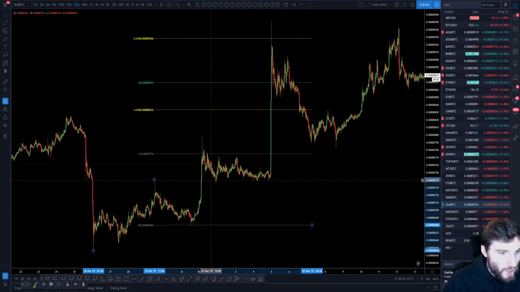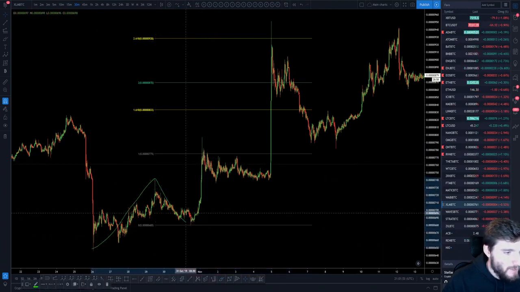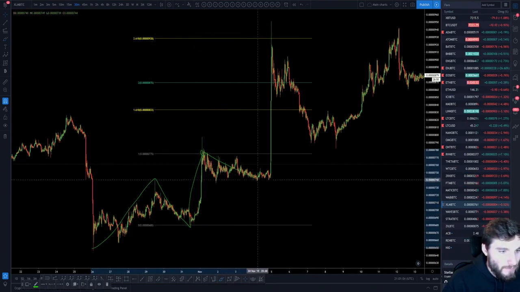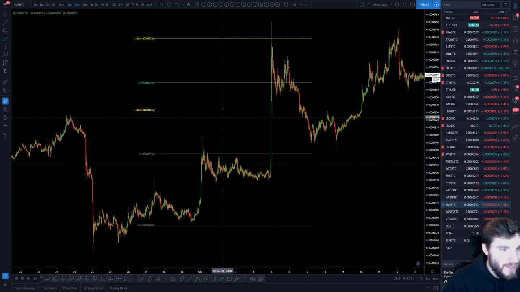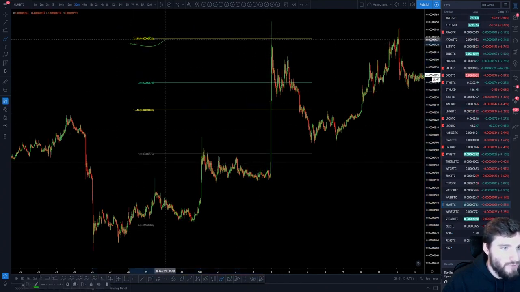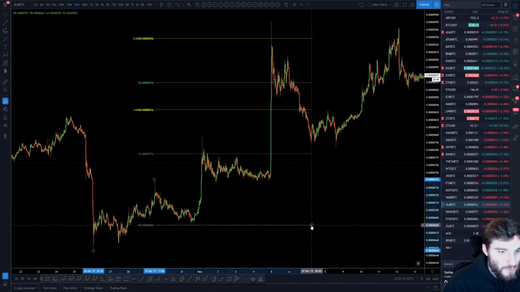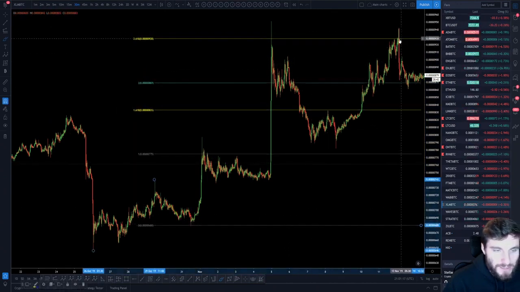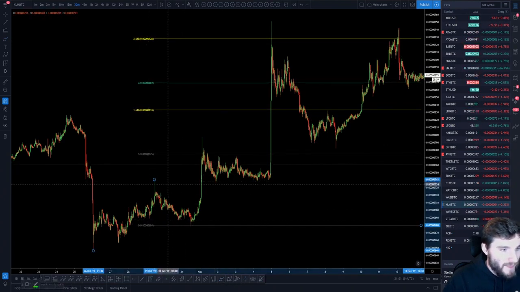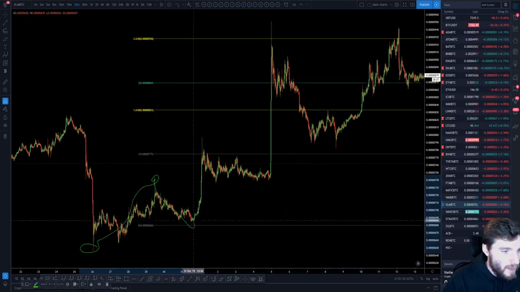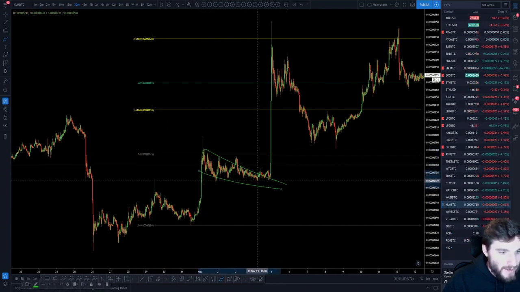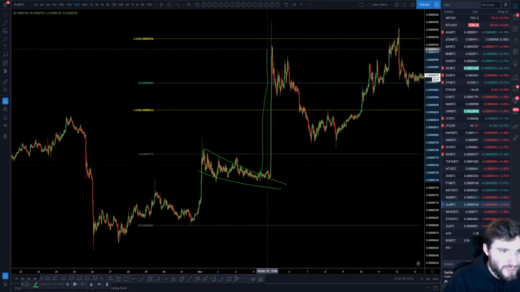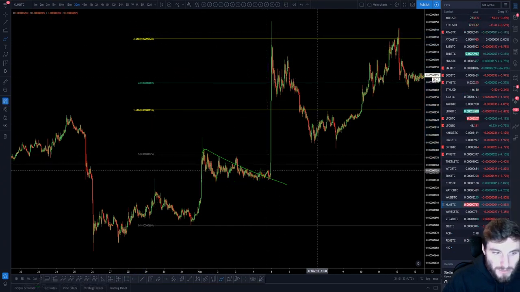1-to-1 extension, rejection. Ultimately it pulled back, didn't it? So you went up, down, hit the 1-to-1 extension, bull flag ultimately, before a massive pump straight up to the 2618. You went straight through the 1618, the 2, and topped out at the 2618. If you pull this along, you can see you topped out again at the 2618. That's a nice example of low, high, higher low. You get the reaction at the 1-to-1 with a little bit of a bull flag or pennant before breaking up straight through all major targets, straight through the 2618. But that's cryptocurrency for you, literally.